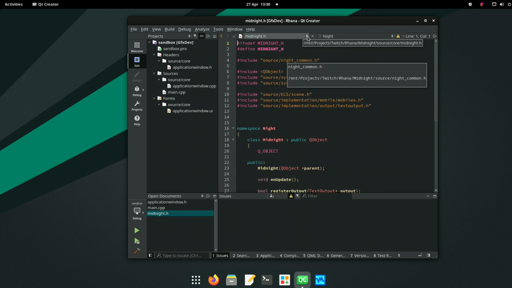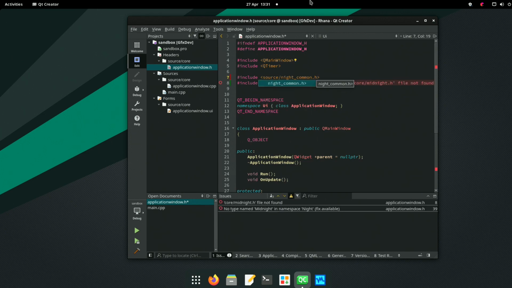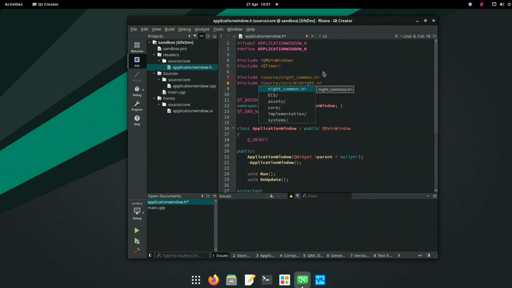All of this now works, but now this doesn't. We have to put the source back on. See how careful you've got to be with your pathing.